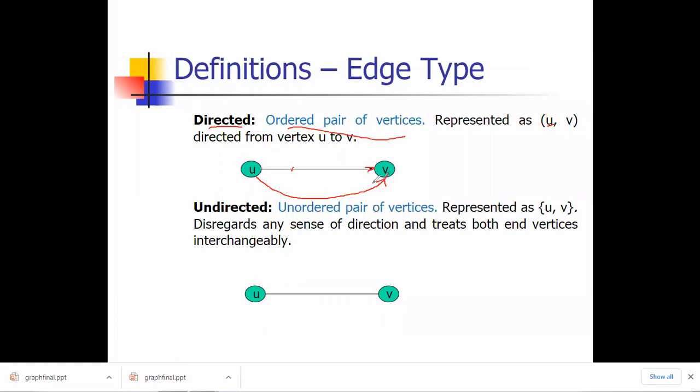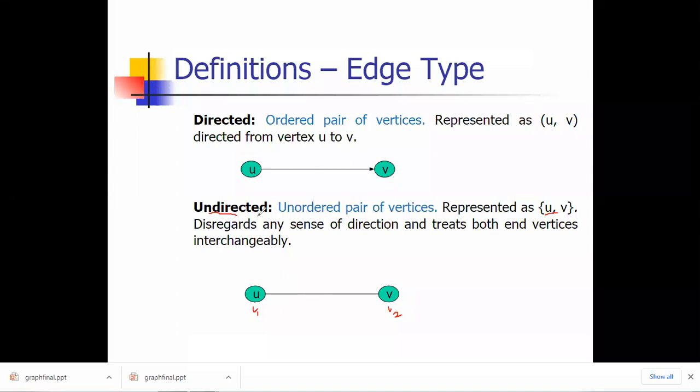So I hope everyone is clear. The edge types are directed and undirected. Directed means a direction is given, from where we want to traverse, from source to destination. And when we are talking about an undirected graph, in undirected there is an unordered pair of vertices. Means when we are representing using U and V, these are the two vertices. Let's say this is vertex V1 and this is V2. Both are connected only by a link. There is no direction given. That is called an undirected edge.